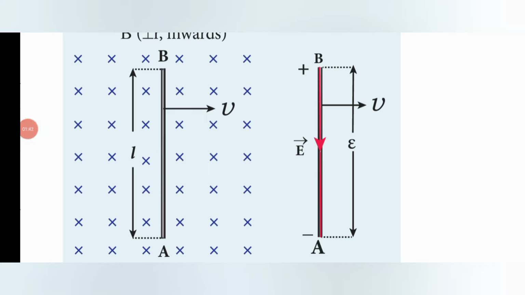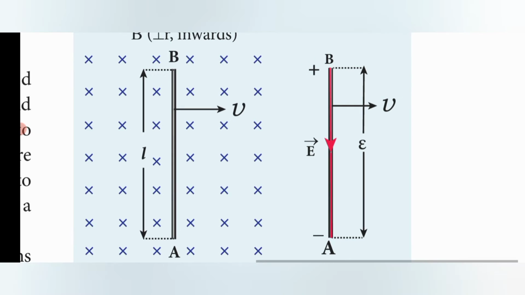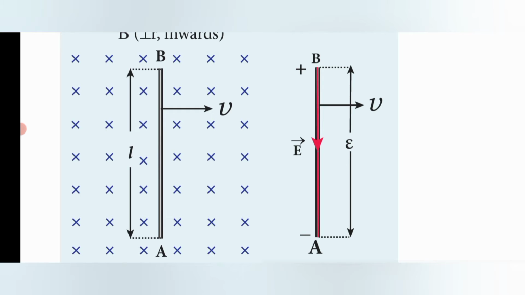In this diagram, let us assume a rod AB of length L placed in a uniform magnetic field, considered as B vector. The rod is perpendicular to the magnetic field. The rod moves with a constant velocity V towards the right side. We have to give a force and move the rod from left to right, so the diagram represents the V vector in that direction, and the uniform magnetic field is also present.